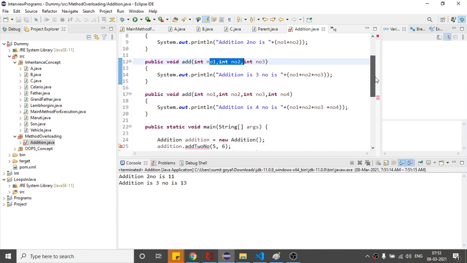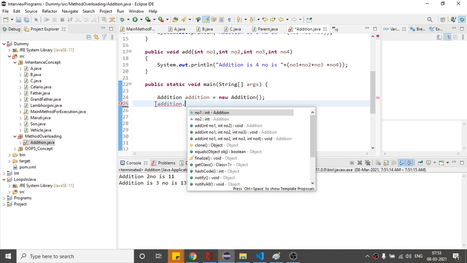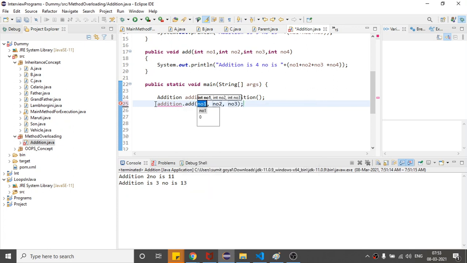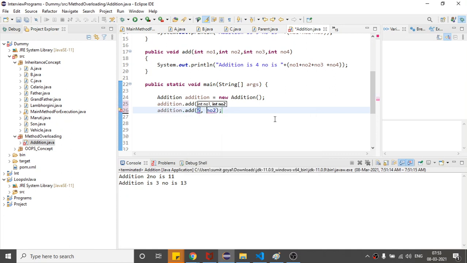So if I try to run the same program, addition dot, you can see add for 2 number, 3 parameter, 4 parameter. If I want to call the function of 2 numbers, I can say 5 comma 6. So based on the number of parameters, it will clearly identify.